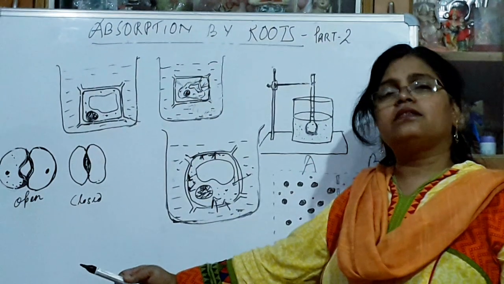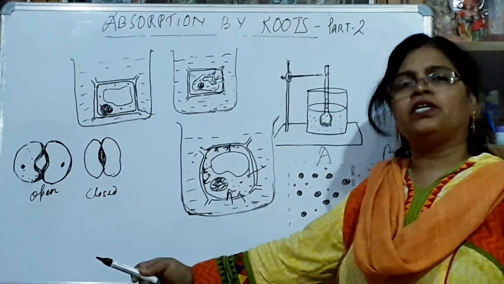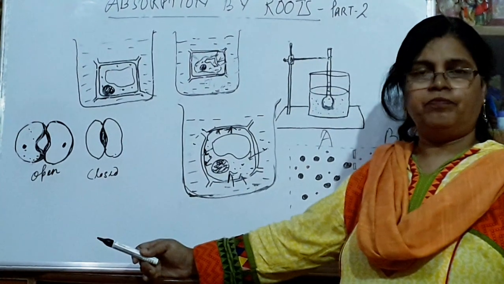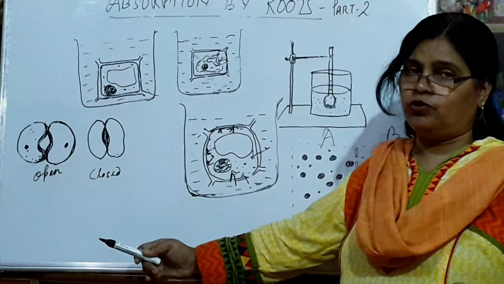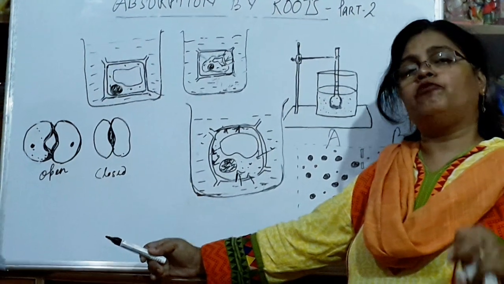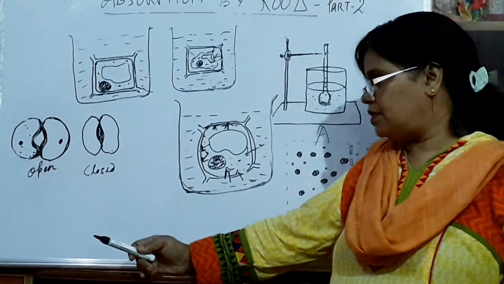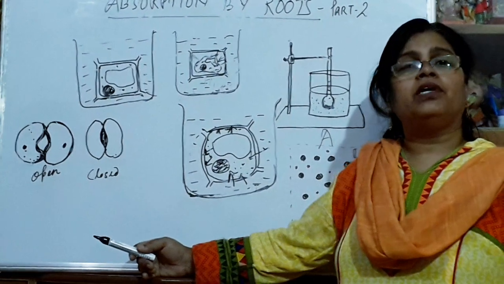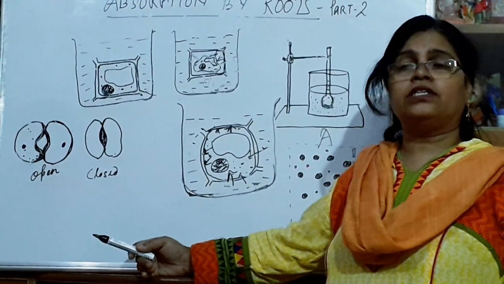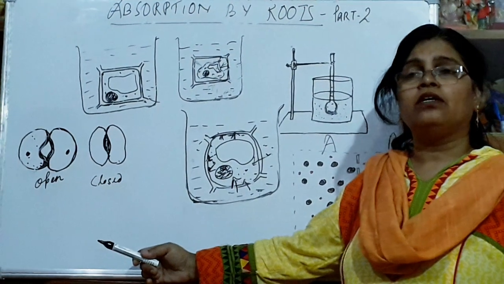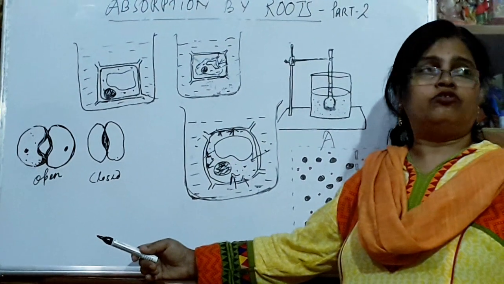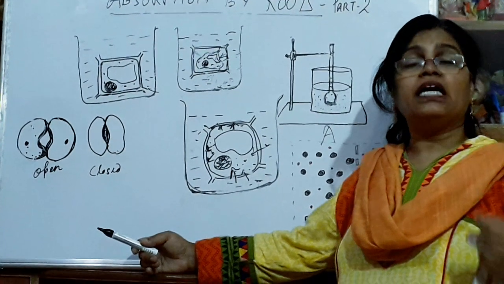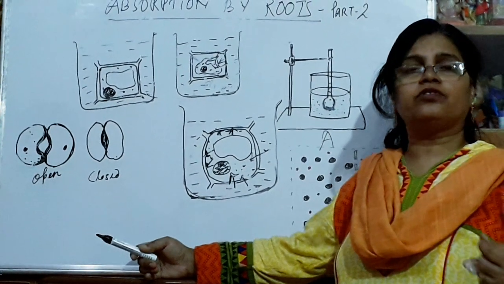Not only this, turgor pressure creates the root pressure, and root pressure ultimately helps in the ascent of sap in the plant body. Through the xylem vessels, the sap will reach towards the leaves. As well, turgor pressure may cause guttation. Guttation is the releasing of droplets of water through the margin of the leaves, that is, from the end points of the veins and venules of the leaves.